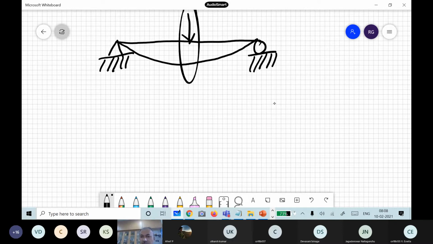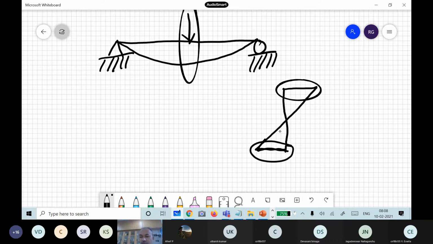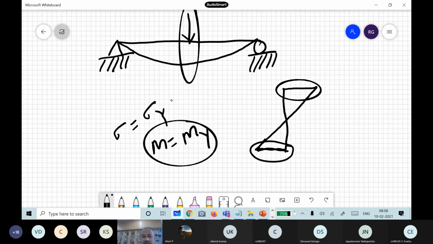You followed that formula, and how it will vary if I have a neutral axis. All of you would have studied this. It will be like this actually. So this is our stress distribution. The maximum stress will be at the edges, and at the neutral axis the stress will be 0. Now as you keep on increasing the load, the top fibers' stresses keep on increasing, and slowly it comes up to the neutral axis. Once the stresses reach the yield strength of the material, or if you write in terms of bending moment, the yield moment My corresponding to these stresses.